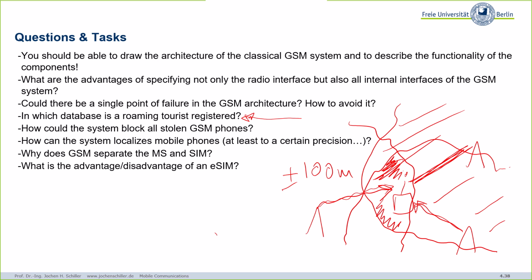Let's say plus or minus 100 meters, plus or minus 300 meters, so not very precise. Now coming back to one of your questions: this is not very accurate because you have many reflections, you have multipath propagation. Think of it this way: you do not have a direct path, but to your mobile phone you have a reflected signal with a lot of attenuation, or a direct signal and there's a tree in between. You don't know where all the trees on this planet are, so you think you receive a signal at a